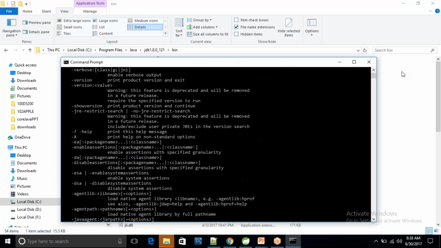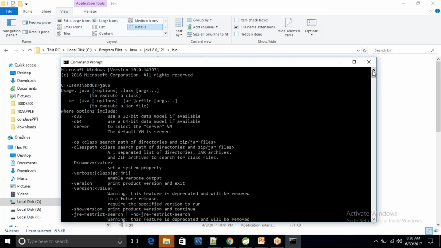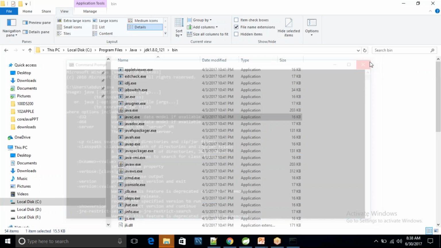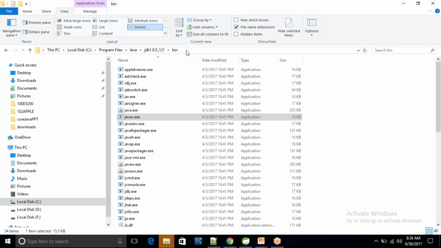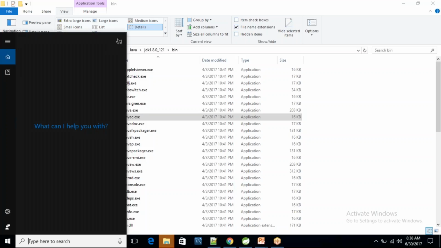Okay, so to make this work properly, when I type java and it prints all these options, what I had to do is set these in the path variable. That's why, if you go to the environment, env,